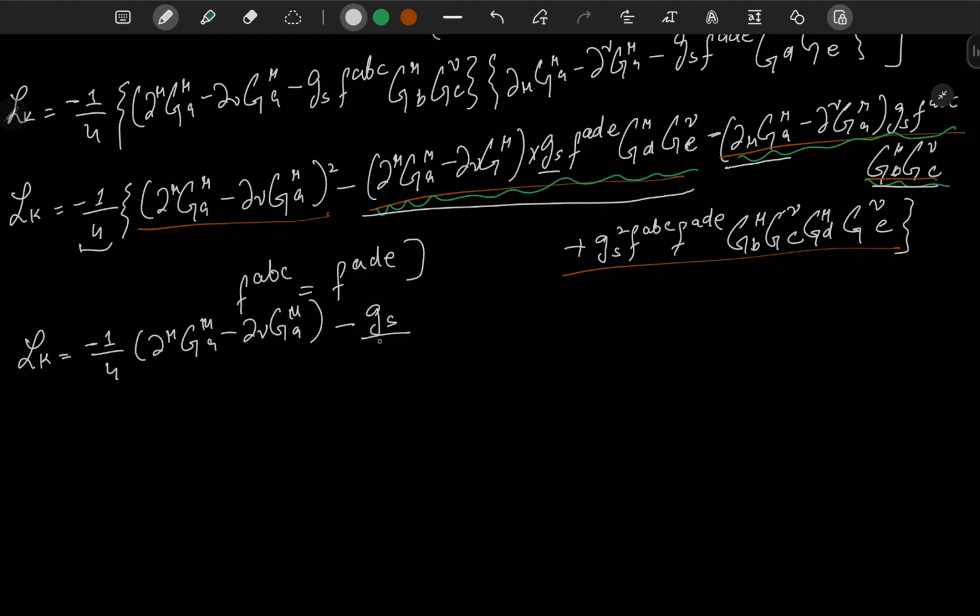So eventually multiplying it with 1/4 gives us gs upon 2 d mu g mu of a minus d nu g mu